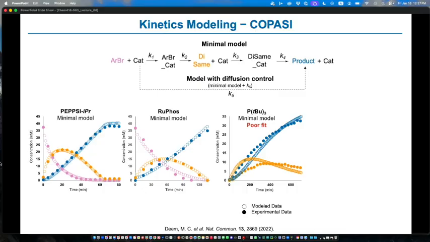And what we found effectively was the Pepsi data would fit this minimal model straight here, where basically starting material makes an intermediate, the intermediate makes the first substitution product, that then goes through a second intermediate and then a second substitution product. So it's a more simplified version than this catalytic cycle. We're giving this a certain sequential one. I can give you some logic why we chose this one. But what we have is saying, if I just take a linear pathway where pink goes to an intermediate, goes to yellow, and yellow goes to an intermediate, goes to a product, that explains the Pepsi data and the Rufos data,